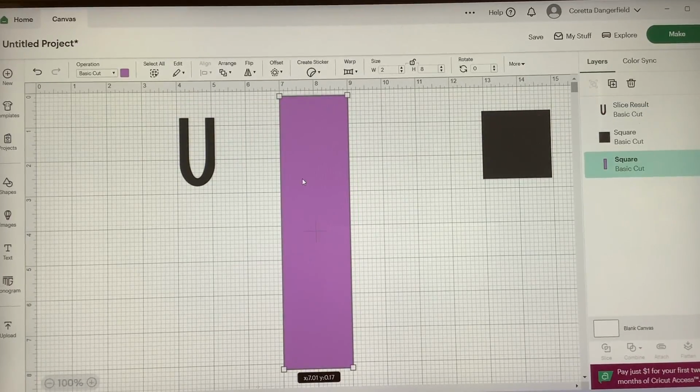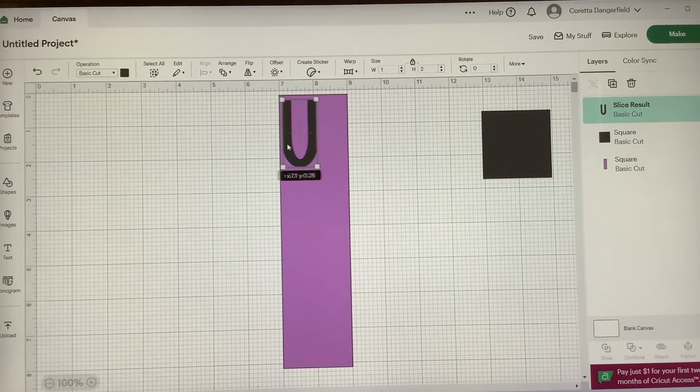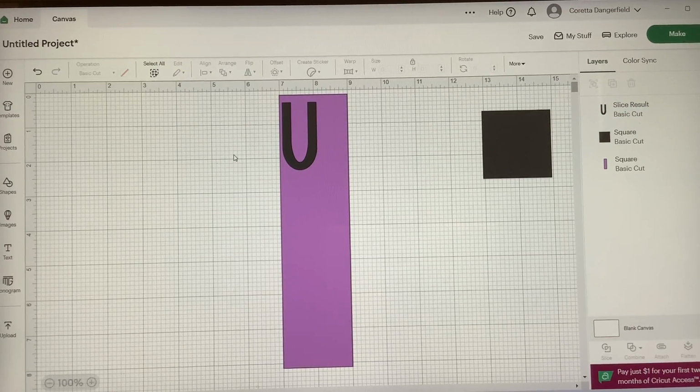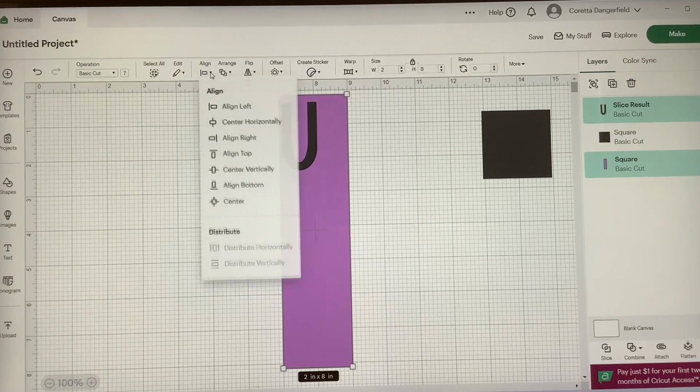And what I want to do with this U shape is I want to position this U shape onto the purple square. And so I'm just going to position it onto the purple square from the top. I'm just going to position it where I want it to be. And so I want it about right there. And then I'm going to align this U shape centered horizontally onto my purple shape. So selecting both the U shape and the purple square, I'm going to go to the top toolbar, select Align,